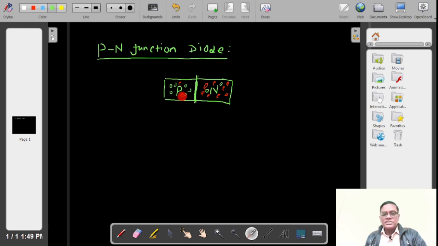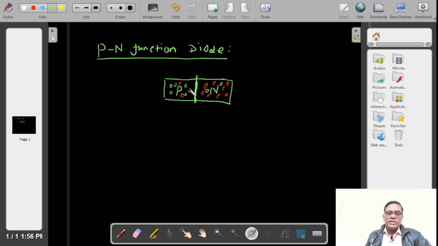So due to the concentration gradient, that is, one side has higher concentration and the other side has lower concentration, this change in concentration is called the concentration gradient. The charges will have a tendency to move from the higher concentration side to the lower concentration side. So these electrons will try to move towards the p side, moving from the n region to the p region, and similarly